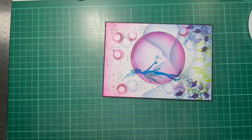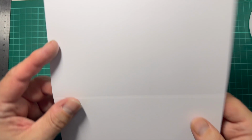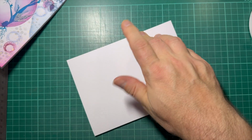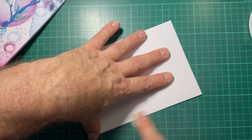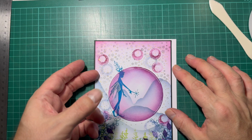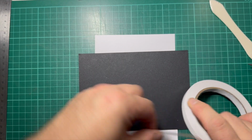Then I'm going to put that onto a 12 by 17 card blank, which I am just grabbing one from my drawer. So just a basic white card blank. Using my bone folder just to make sure that that is nicely folded. It's going to look quite cute on there. And then again with the double-sided tape,